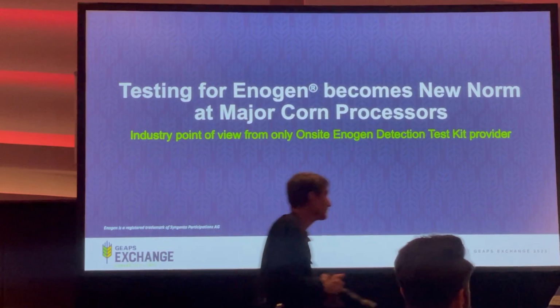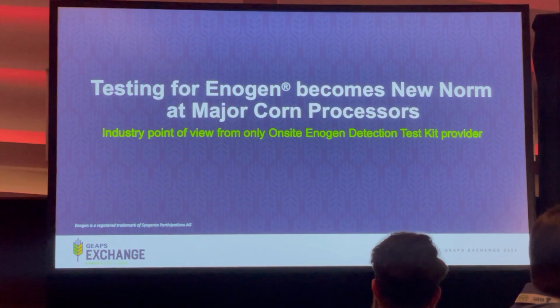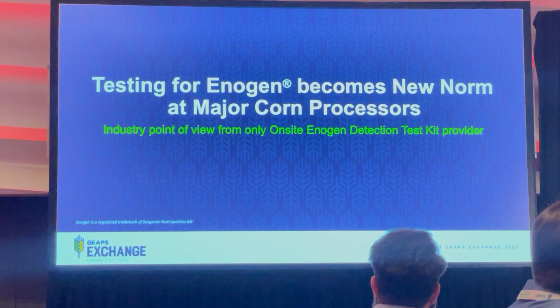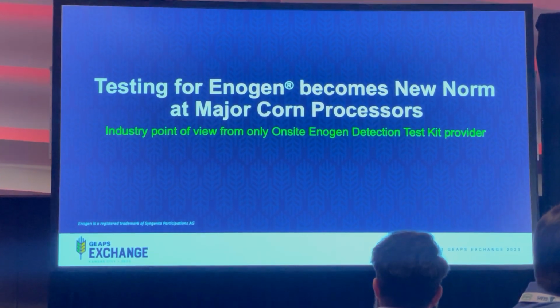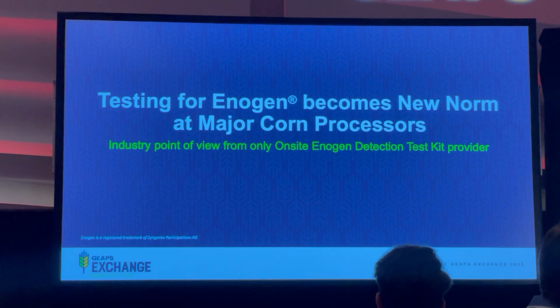At Envirologix, we are specialists in GMO detection of corn and soy. One of the tests that we built is for detecting Enogen corn. I am the product manager for that test, so I have a pretty unique perspective on how that market is developing, which I would like to share with you